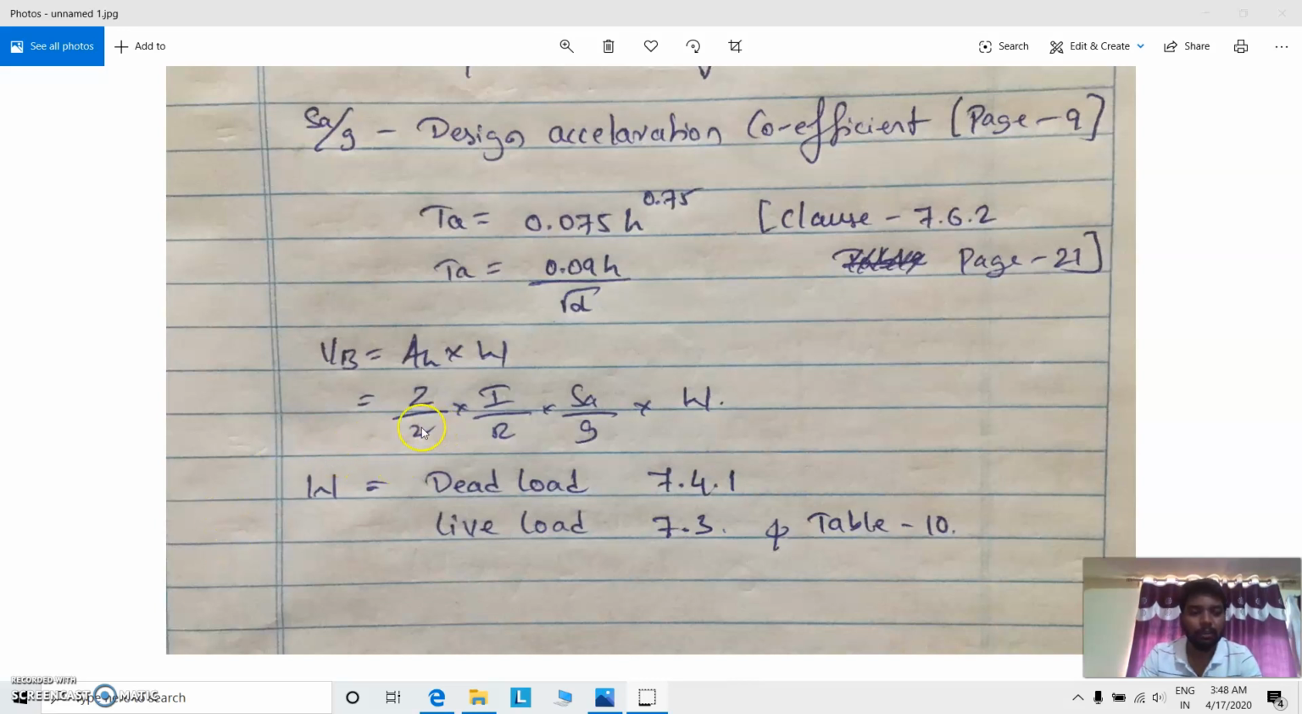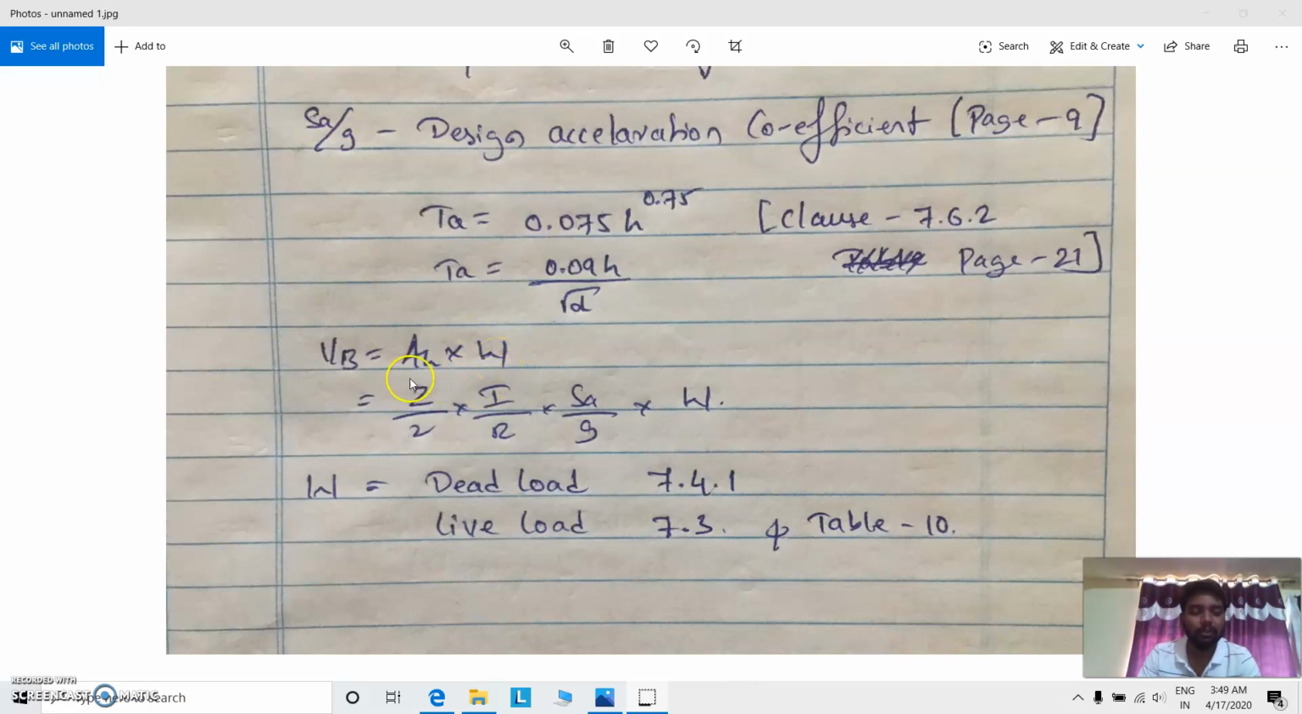Welcome students. As we have discussed in the previous class, the design base shear has to be calculated to calculate the resistance power of our structure, right? So here VB is the design lateral force that has to be computed using AH into W. AH is the design horizontal acceleration coefficient and W is the total weight of the building that includes dead load